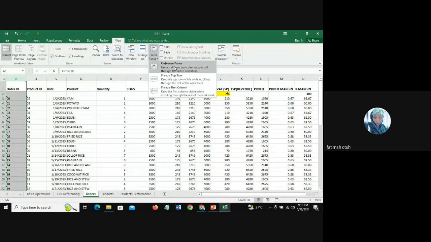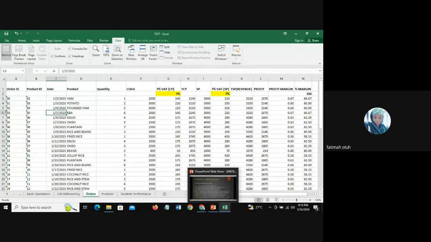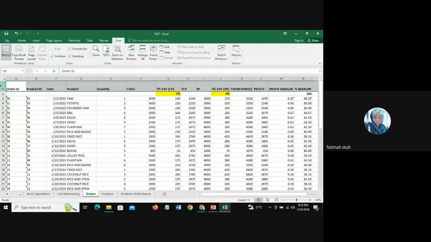What if I want to freeze more than one row and one column? Maybe I want to freeze. You want to freeze. Go to